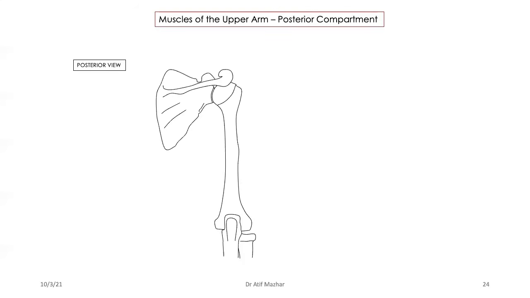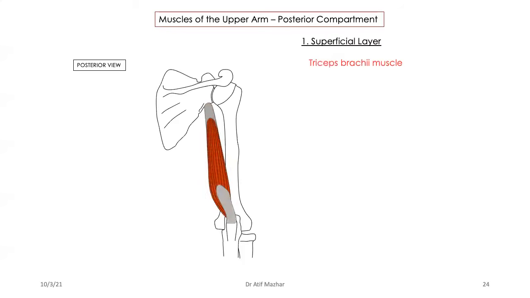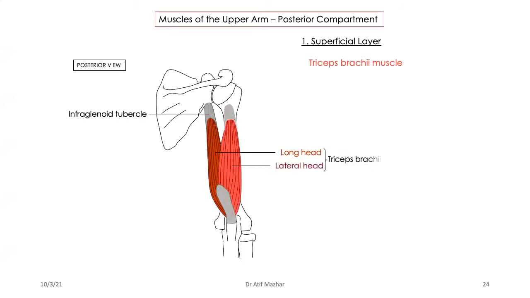Are we good? Now we are looking at the arm from the back. Life is very easy here. Triceps, long head, going to the infraglenoid tubercle. There is my lateral head. And then when I remove this lateral head, underneath I'll find the medial head. And they are going to one common place on the upper part of the ulna, and we call it the olecranon process.